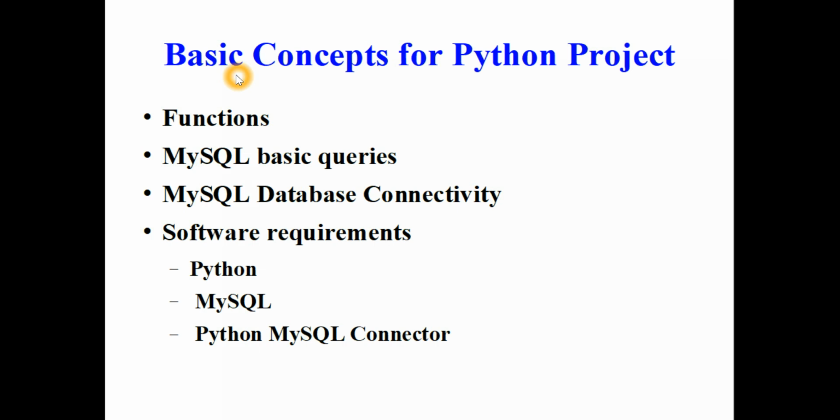If you want to create a project like this, the basic concept of Python is very, very important: chapters 1 and 2 in your 12th standard. Chapter 1 covers what is a variable and flow-of-control statements like loops or if-else statements. In the second chapter, we are dealing with string, list, function and dictionary. Already it is explained in the previous video on our channel. Next to functions, there is a new concept in your 12th standard, basic queries. Already we learned the basic queries in 11th, and MySQL database connectivity.